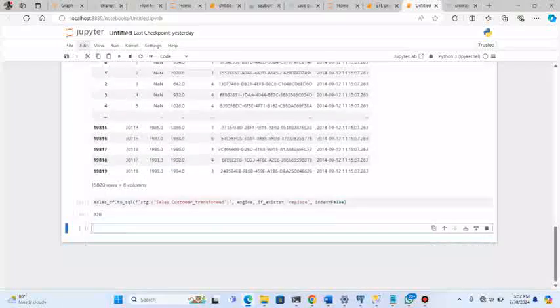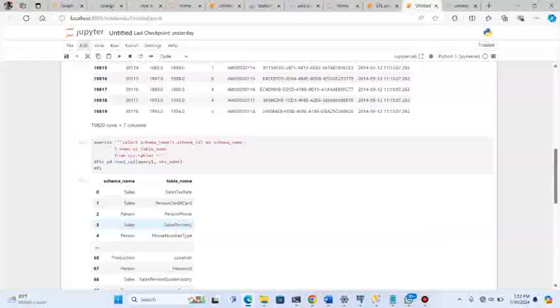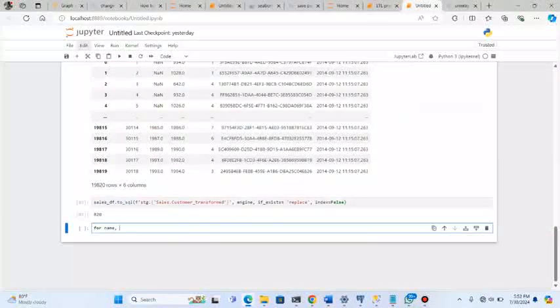So you can say for name, this is the F1 for name, or for schema name